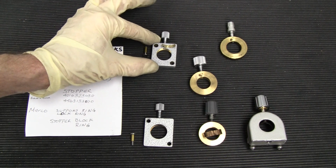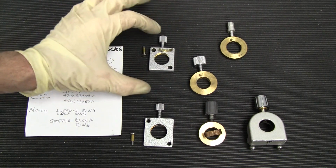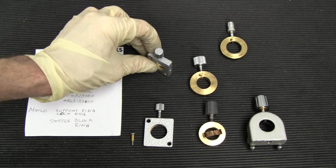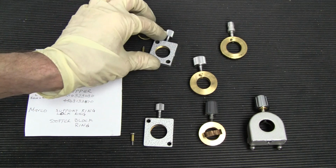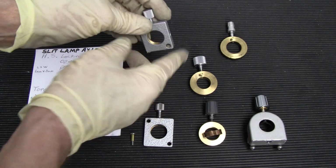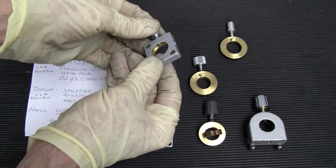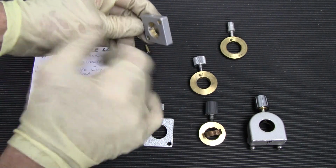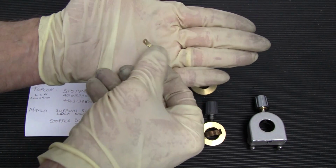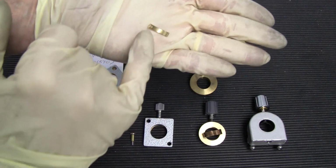On the Haag-Streit, they have the types that are on the outside of the base housing, and you can tell because it's painted so it's seen. And you have the locking device, and then inside you'll have what you could call a brake shoe, or it's called a jaw,